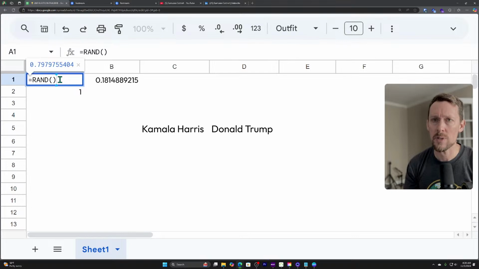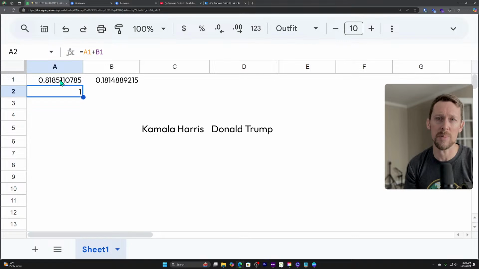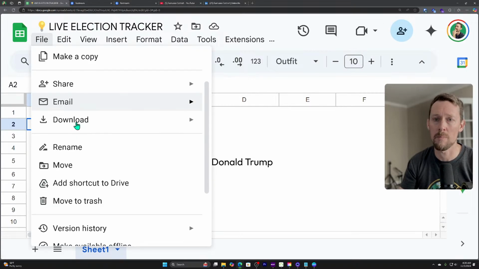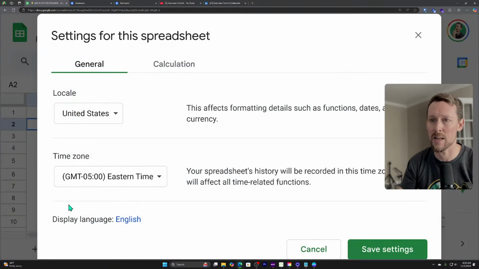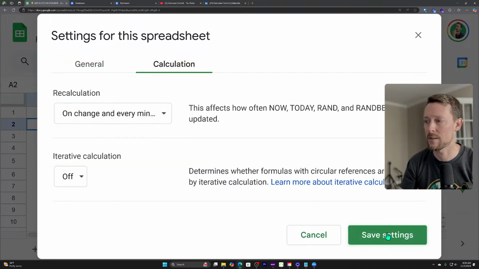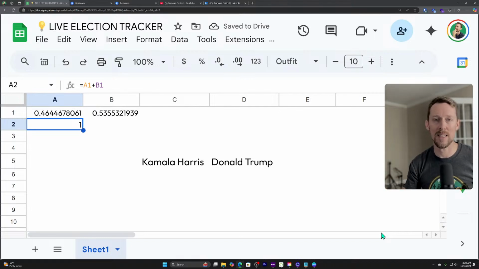Now, the interesting thing about our formula pulling our data here is that it's going to update, live updates, and I'll show you how we're going to do that. We're going to have this automatically pull in the most accurate, most current data by just having it calculate every minute. So you're going to see minute-to-minute updates all day long, and really into the night and into tomorrow until I stop that from calculating and declare a winner.